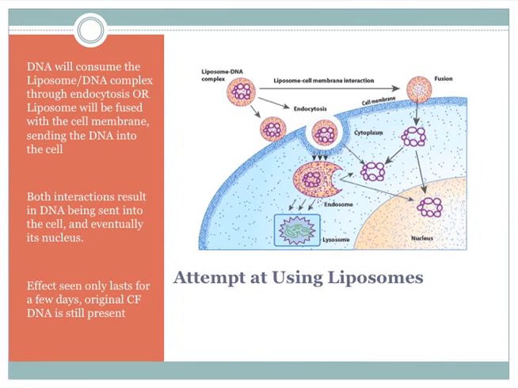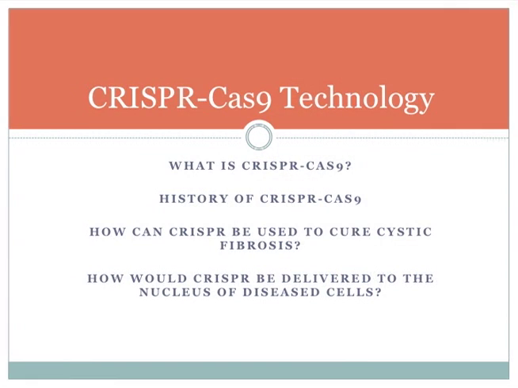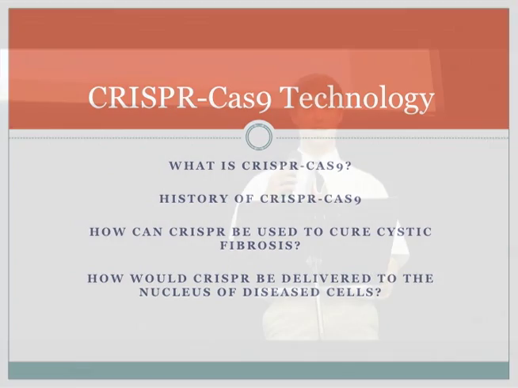still had some effects. Here's an attempt at using liposomes. This took advantage of the nature of cell membranes. The cell membrane brought the liposome into the cell and then extracted the DNA from that liposome and then sent the DNA into the nucleus, hoping that that DNA would be brought into the double helix. But the original gene was still there for cystic fibrosis, so it really only hid the side effects for a couple of days. In the next 4 slides, I will explain what CRISPR-Cas9 is, where it came from, and how